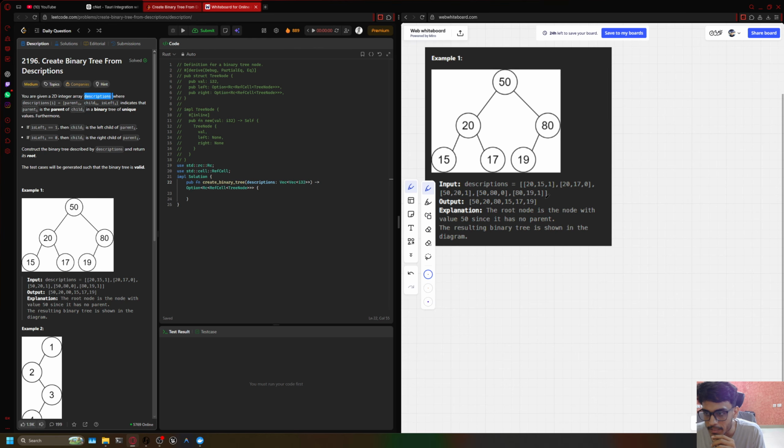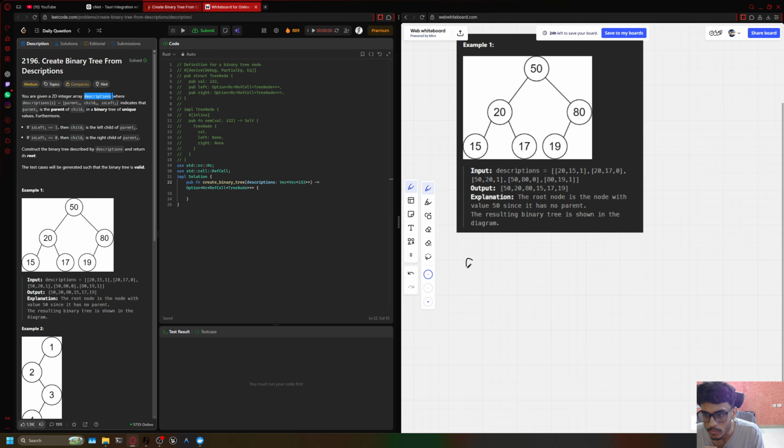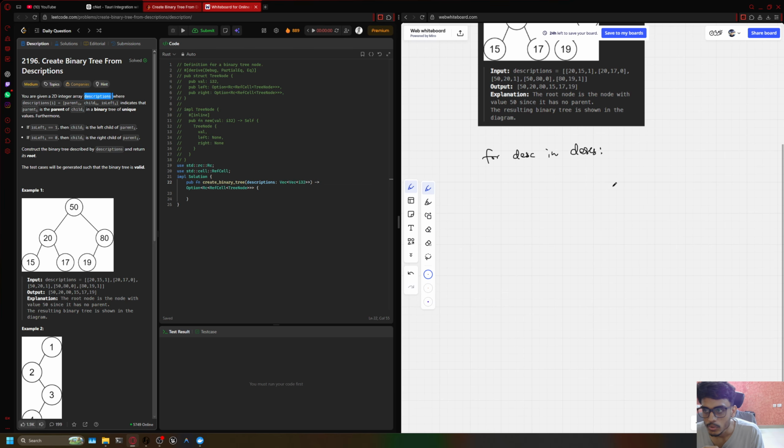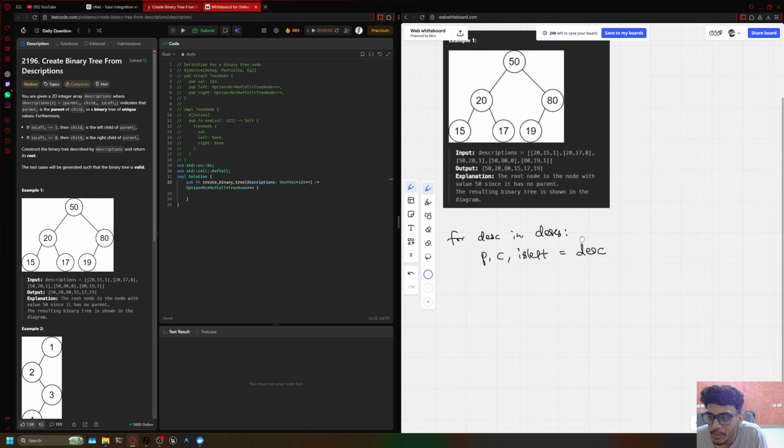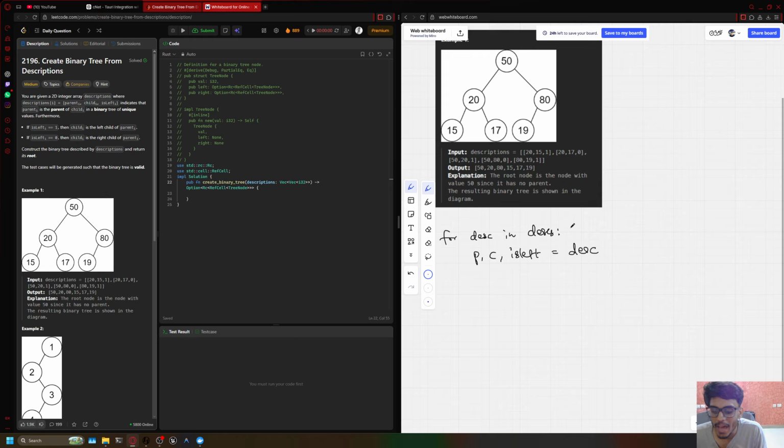Let's say I iterate over all the descriptions. For description in descriptions, what it has given me is the parent, the child, and the child position, whether it is left of the parent or towards the right of it. If is left is 1, that means the child should be on the left side. If is left is 0, then the child should be on the right side. Cool. So what we need to do is somehow store the parent and child relation,